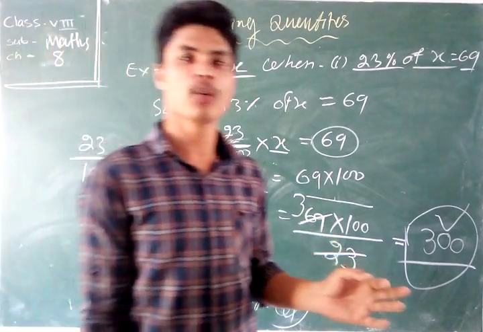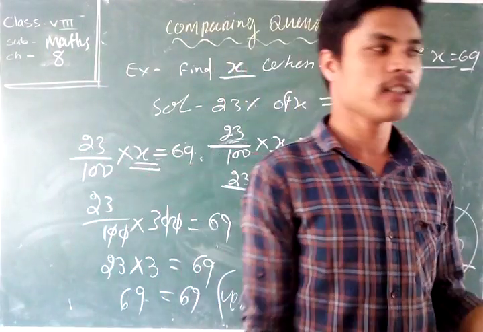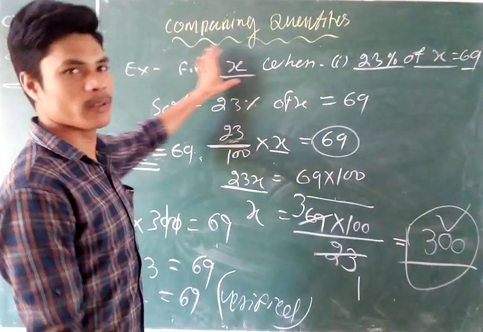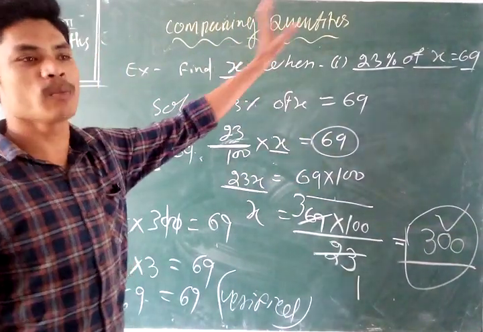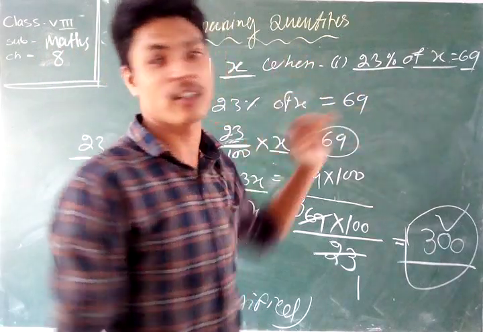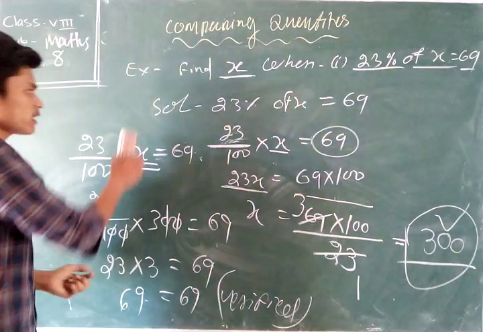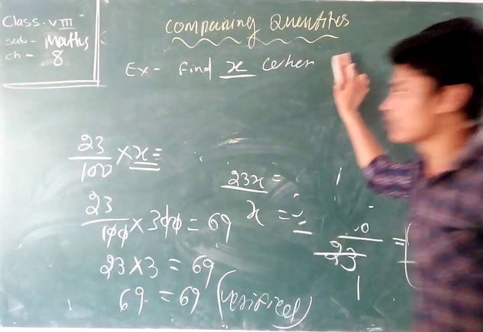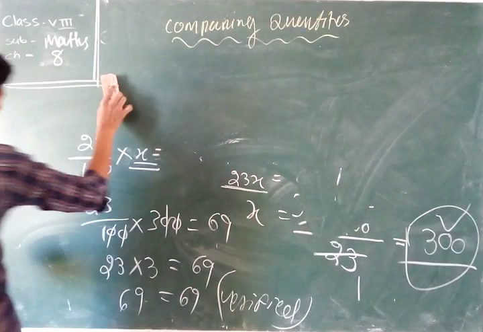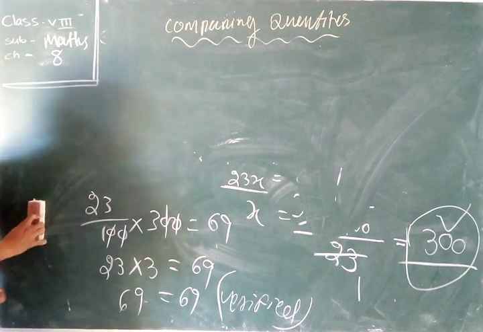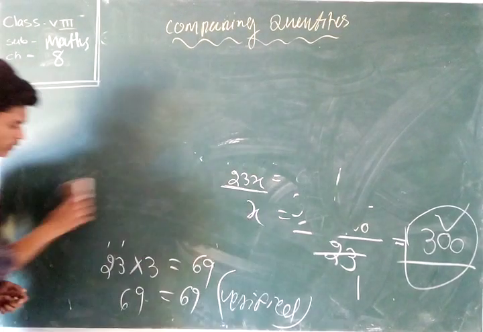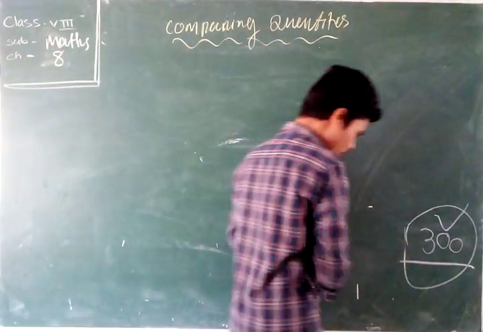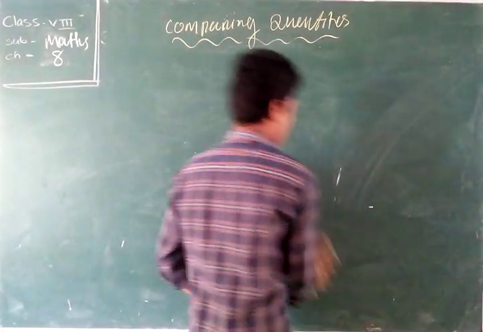When we go to any shops, malls, or markets, you see posters hanging there: 10% discount, 50% discount. Now we discuss that. What is a discount? Suppose a book costs 100 rupees, and there is a 10% discount. 10% means out of 100, 10. Then the book costs 90 rupees. Easily we can take 100 and find the answer.